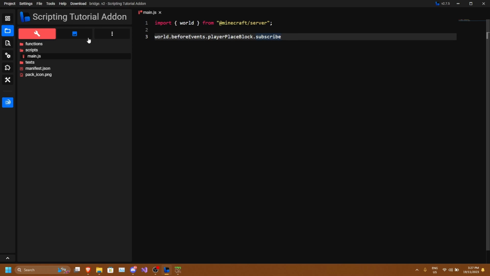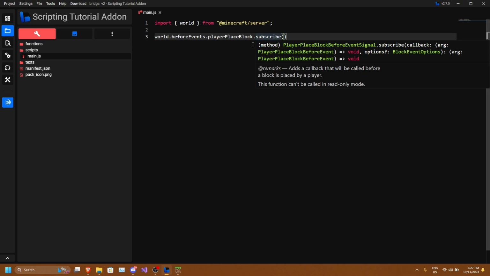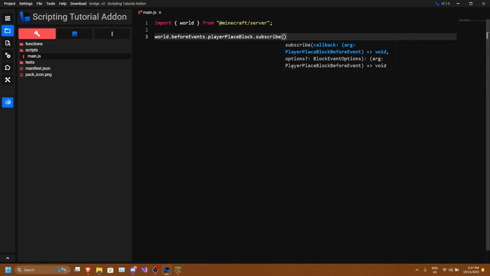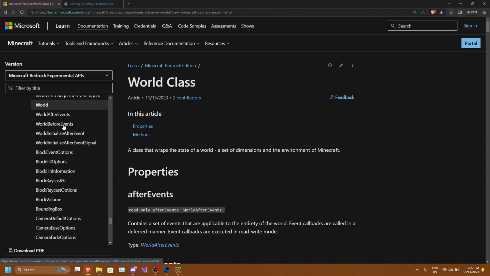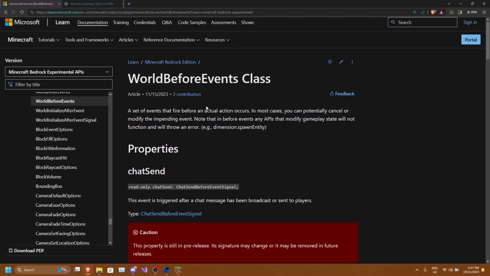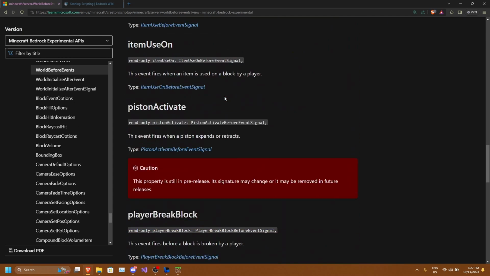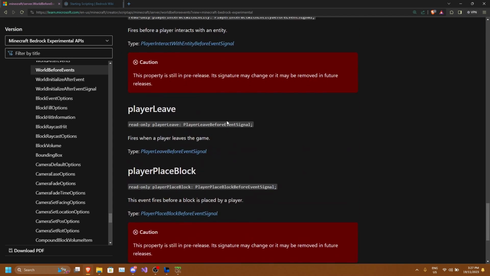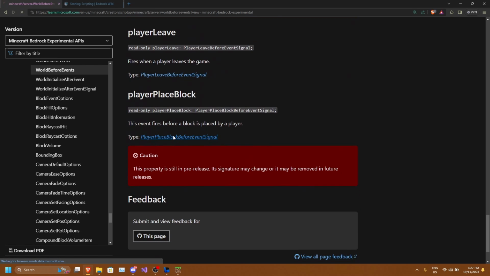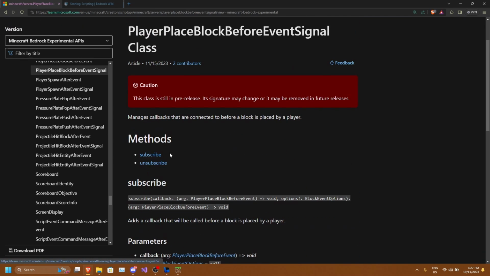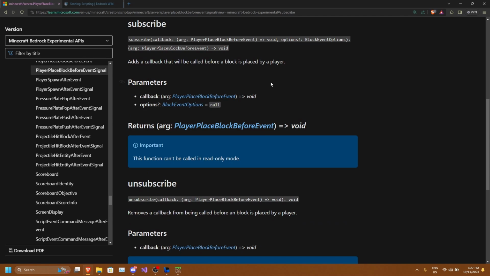And once you've got this written out, all we have to do is type in the normal brackets. Then we want to fill in a callback. To get information about how this callback works, you can use the bridge autocompletes. But what I like to do is go to the documentation, and then under the world before events, we can scroll down until we find the event that we're using. So player place block, and we click on the type, then we click on the subscribe method, and as you can see here,